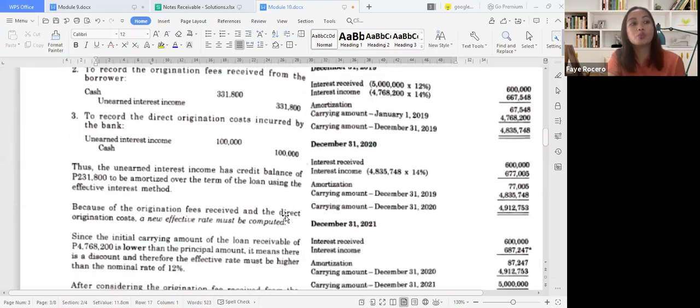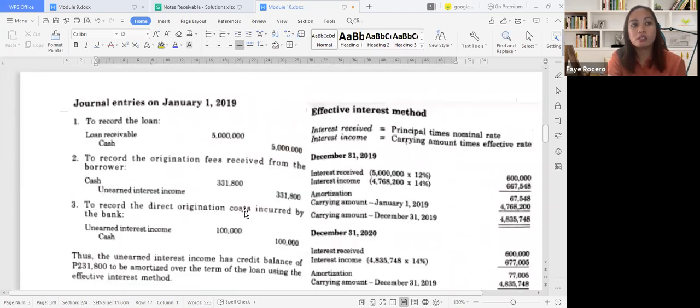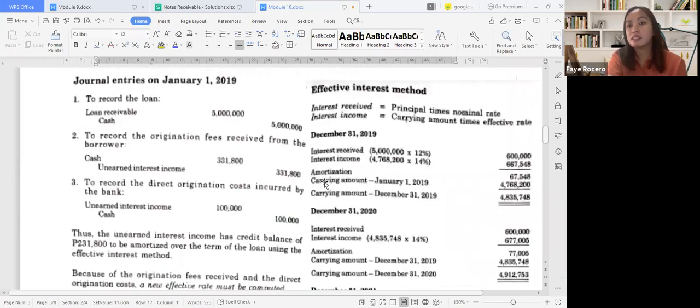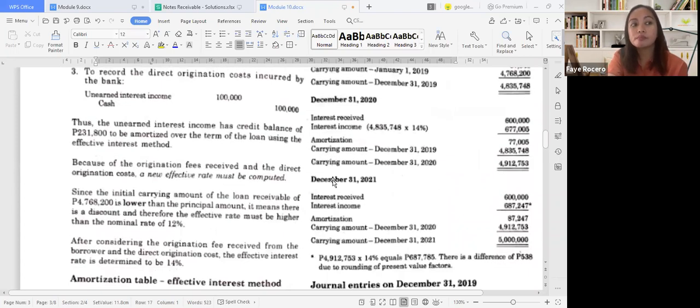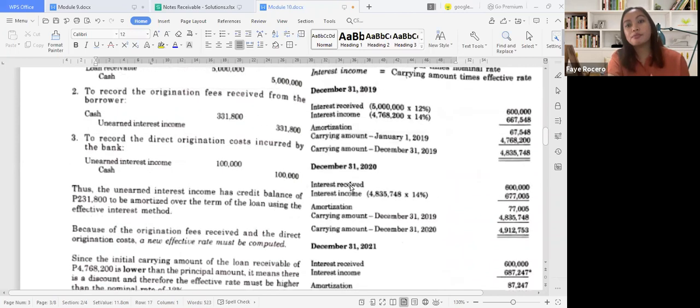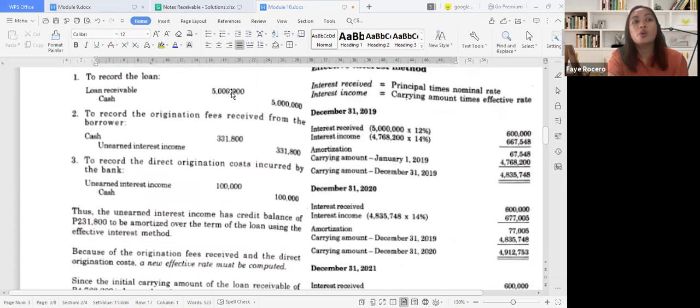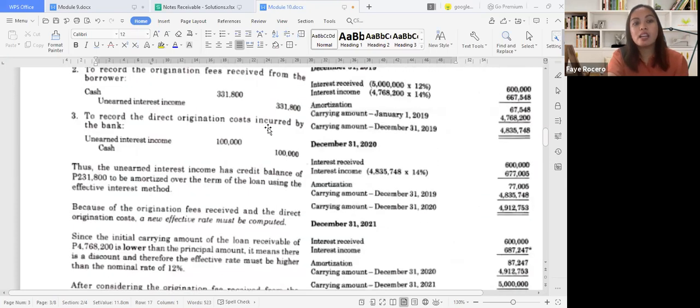How are we going to do that? We take note, the carrying amount is lower than the face amount. So carrying amount is 4,768,200. The face amount is 5 million. Therefore, there is what we call a discount. So in a loan kasi there could be premium or discount. If the carrying amount is lower than the principal amount, then there is a discount. So, kapag discount, as a rule naman,